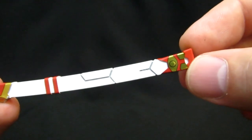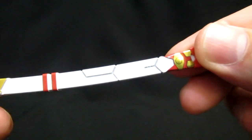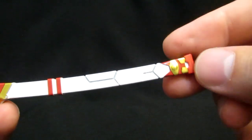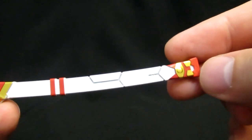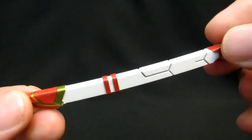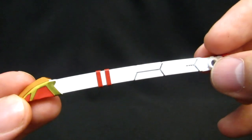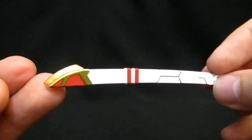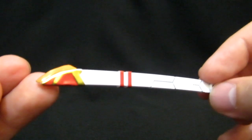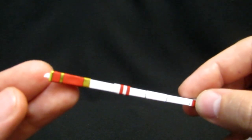Definitely it would be a lot of work to paint it up properly, but this one you'll notice that it's going to be attaching on, but it's not going to go all the way around, and yet it's going to be looking good, revealing a little bit of white and butting in there very nicely to this part up at the top. If you wanted to paint these ones, these are just 2 seals that I've put on. It would be very easy because they're nice and raised, but the real one is getting lots of color down there, 2 different shades of gold, and it's looking pretty good except for where that white is going to be